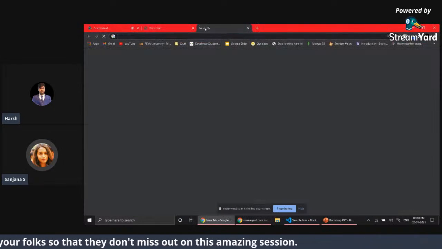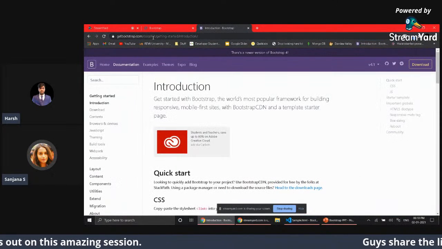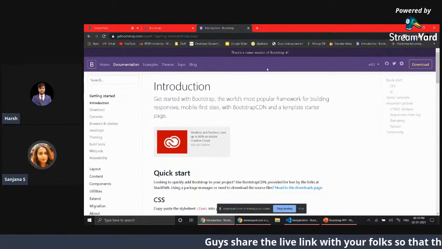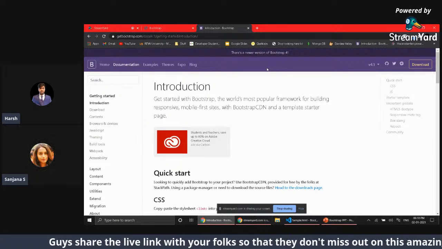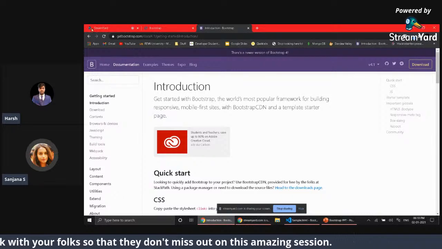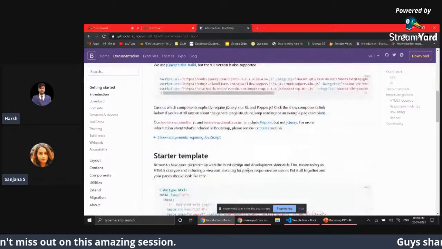So the first thing you have to do is go to getbootstrap.com. And since we're using version 4, you have to go to this version. You're also welcome to use version 5 in case you're comfortable with it. There's only a few major changes, but they're more or less the same working. So once you head on over here, you can see that there are different ways you can download and use